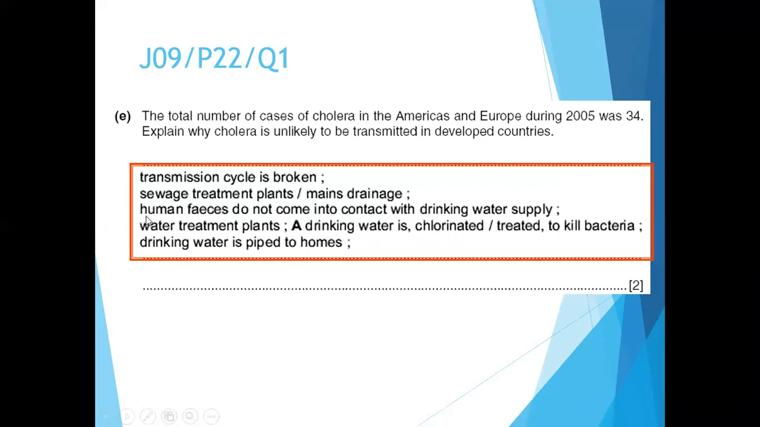Human feces do not come into contact with the drinking water supply because of the sewage treatment. See, it's explaining, because of sewage treatment, human feces do not come into contact with the drinking water supply. Water treatment plants are built, so drinking water is piped into homes from the treatment plants. And drinking water is also chlorinated, treated to kill the bacteria. Okay, so you see now,